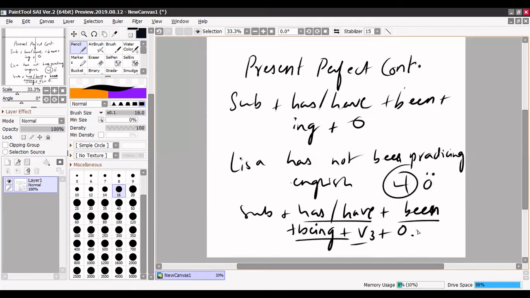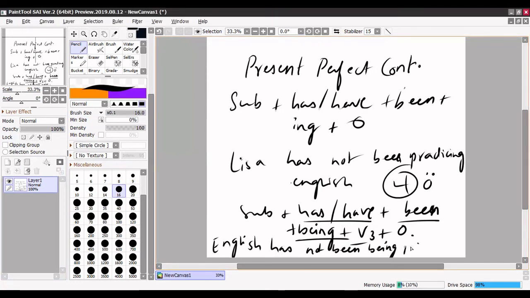But as you move forward into other tenses like future and past, the sentences themselves begin to make less and less sense. Okay? So the sentence then becomes: English has not been being practiced by Lisa. All right. So you can already tell that this passive sentence is sort of complicated and kind of hard